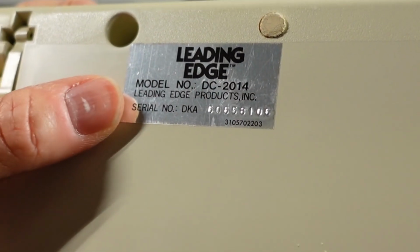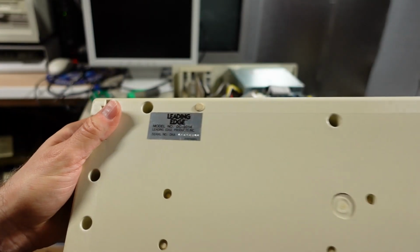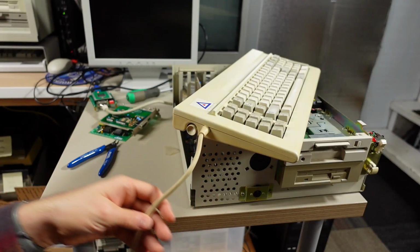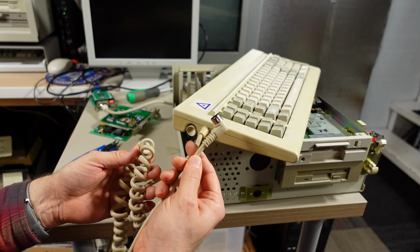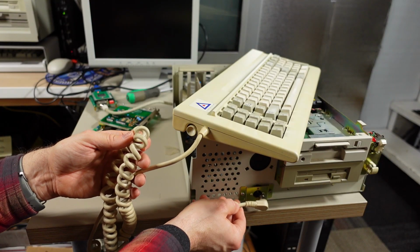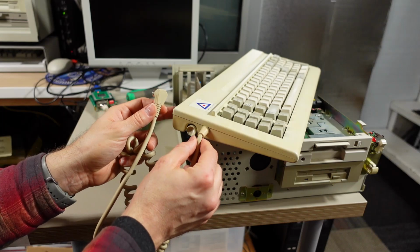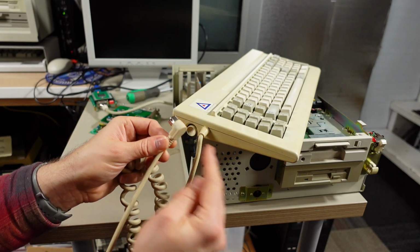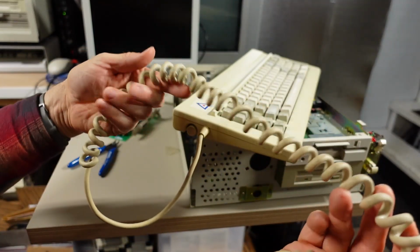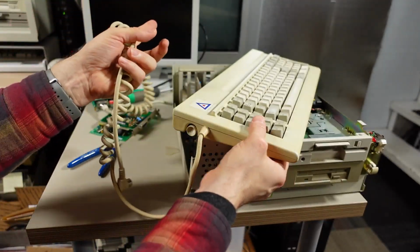And here's the plate on the back of the keyboard, Leading Edge, model number DC2014. And no date code or anything else on the back here to give away who made this thing. It's kind of cool. The keyboard cable comes out of the side of the keyboard, and if we look at the connector, it's a right angle. And remember, it's on the front of the computer, the connector, and this will keep it from hitting the keyboard, so you can actually push the keyboard right up against the front of the machine. You don't have the wire coming out, and you don't have this cable sticking straight out of the machine. It's pretty nice. Got a pretty long cord. It's a pretty soft cable, although it's a little bit mangled. It could use the trick where you turn it backwards to re-tighten it, because I think everyone's going to be